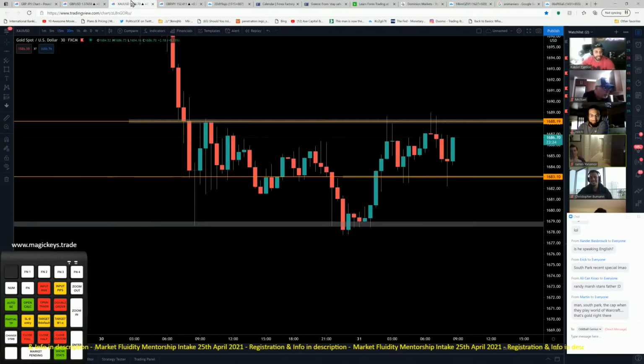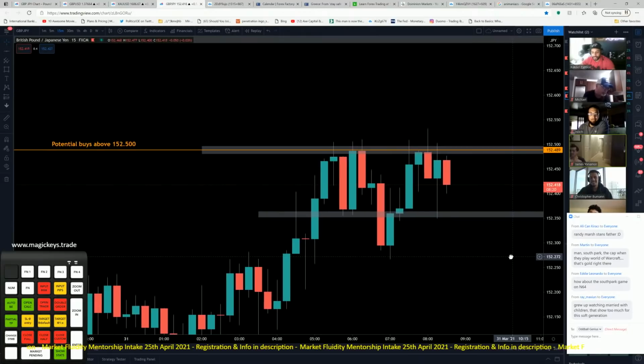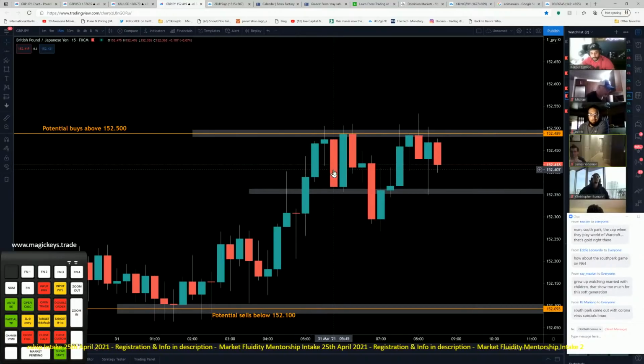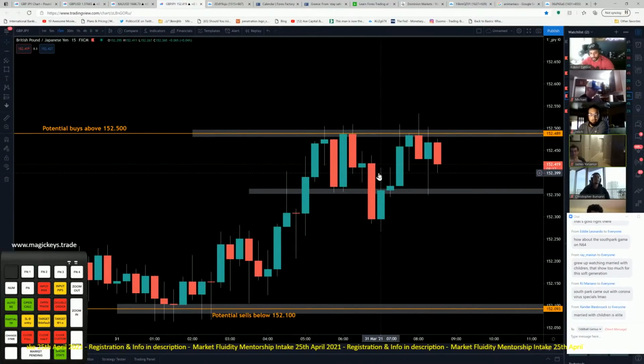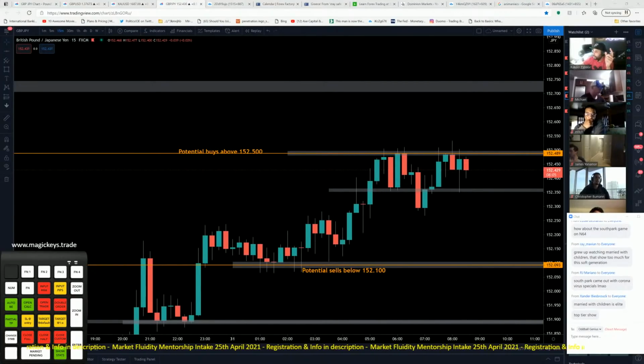Yeah, we're just ranging here. Gold ranging, GU range. So since we're ranging at this point, let's just talk about range here, right? So look, pound yen has been ranging from pre-New York moving into NY open. And now you got to ask yourself, if we ranged in pre-New York, and we ranged during New York open,